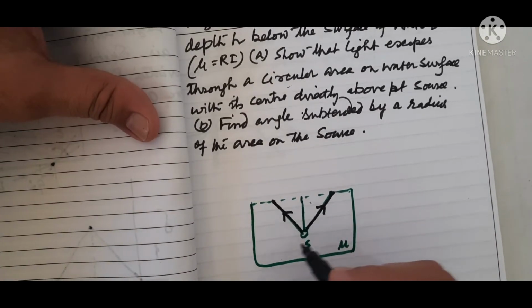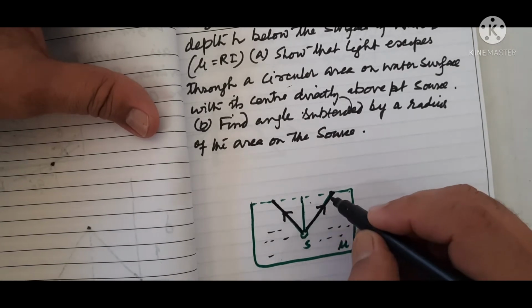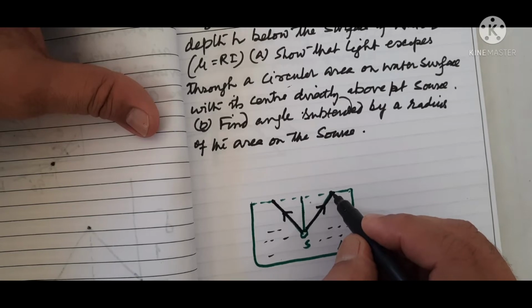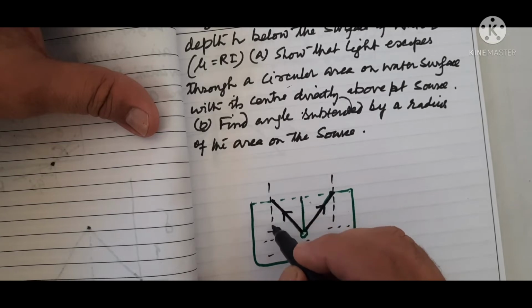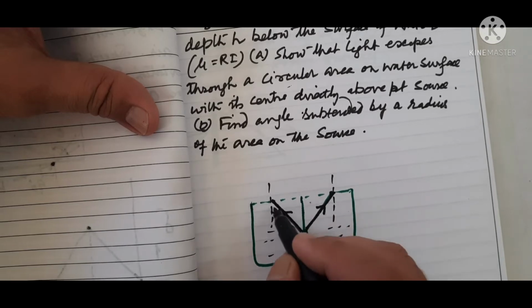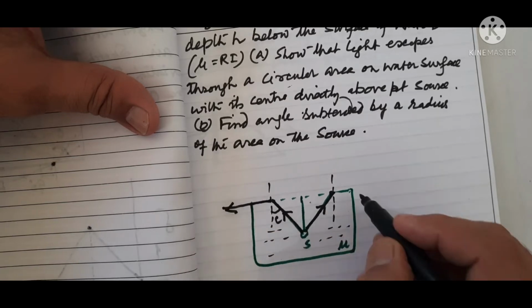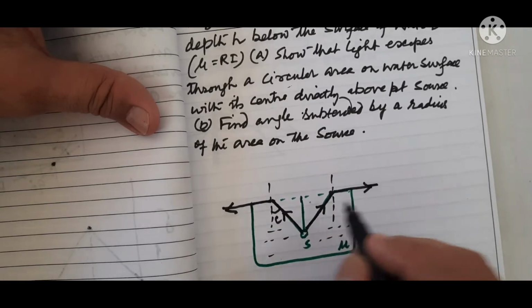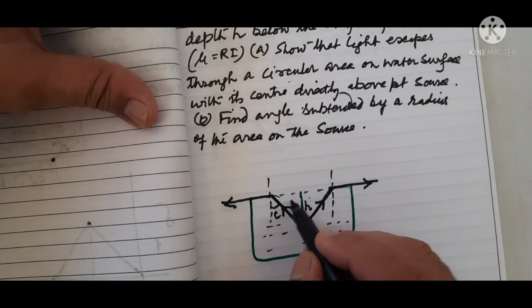So here is the point source, and below the surface of water, here the water is there, right? Then when this is grazing, here, there is an angle, the critical angle, that we have to draw. This is the critical angle. Why is it the critical angle at this particular angle of incidence? Because at this particular point the ray is grazing the surface. Let this height be h, and this is the circular patch,